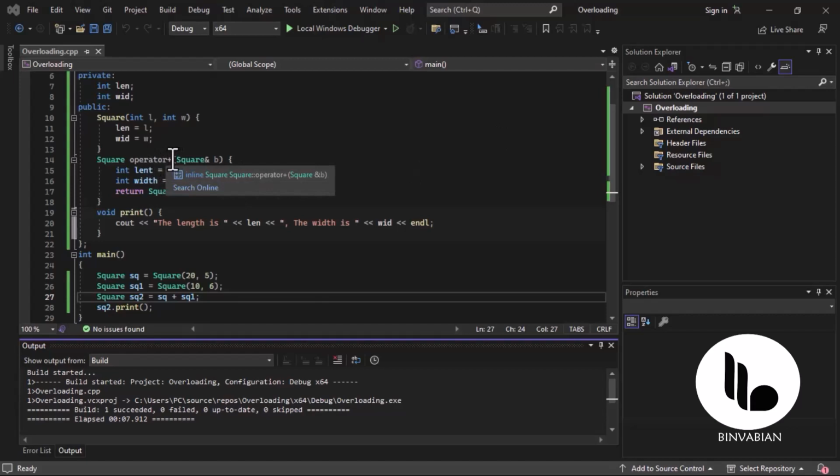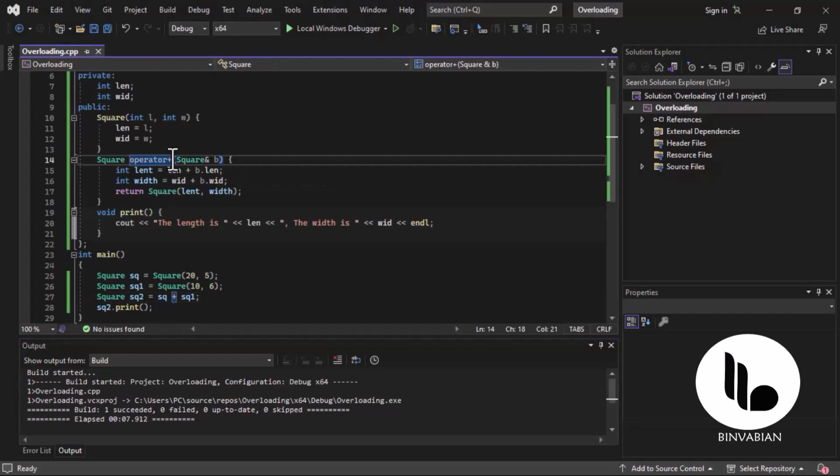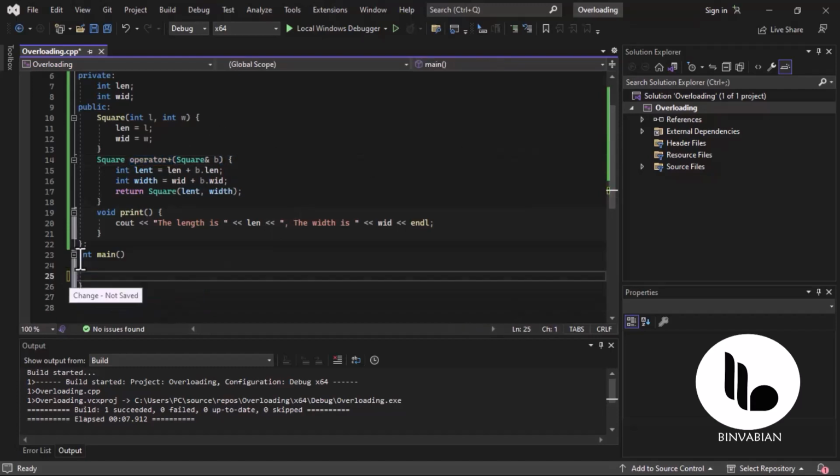But you can also overload any other operator, like the less than, the greater than, and so many other operators, the minus, the plus, and so on and so forth in C++. But then I'm going to also show a very comprehensive use of operator overloading. I'm going to use this add in this case, and we'll see how that works. So first things, I'm going to go ahead and get rid of this code,